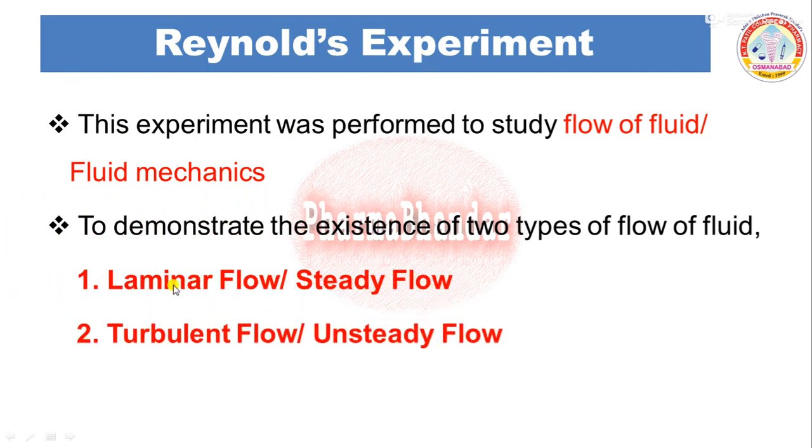Laminar flow is a type of flow in which all the streams or paths are parallel to each other or move in a well defined path, and in laminar flow the velocity of the fluid remains constant. That's why this flow is also called a steady flow. Whereas turbulent flow is a type of flow in which all the layers or streams move in a zigzag way, where the velocity does not remain constant. That's why turbulent flow is also called an unsteady flow.